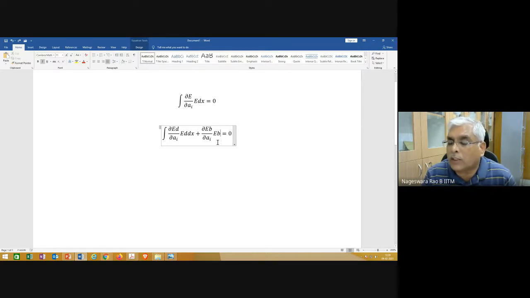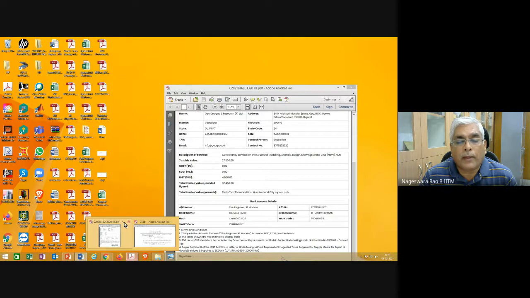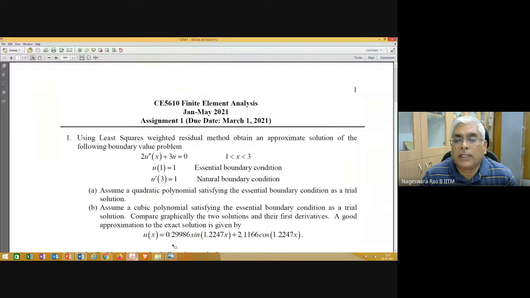As we progress, you will understand better. But since we are dealing with one-dimensional problems, this boundary term needs to be evaluated at the point wherever you specify the natural boundary condition. Please note that this error function is based on the natural boundary condition; keep that in mind. So please attempt this assignment problem, and as we progress, we'll discuss more about it.